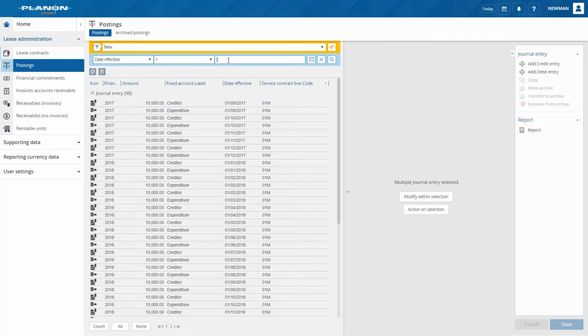Those postings, which we call base postings in Planon, are created here. The postings can be used to export based on our standard export tools, including a lot of information related to the contract line, like, which I showed in the beginning, the cost center, the department, but also one of the additional financial dimensions we'd like to add based on the flexible and configurable Planon fields. The postings are exported to a financial system, enriched with data, and in the financial system they will generate journal entries into the general ledger for the final accounting of